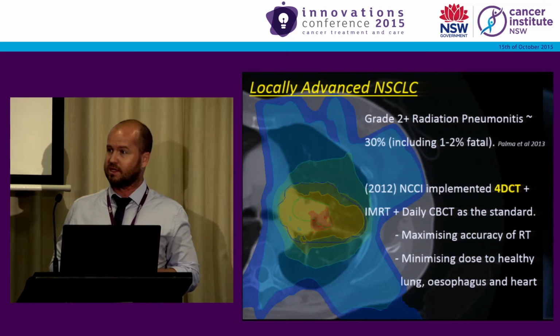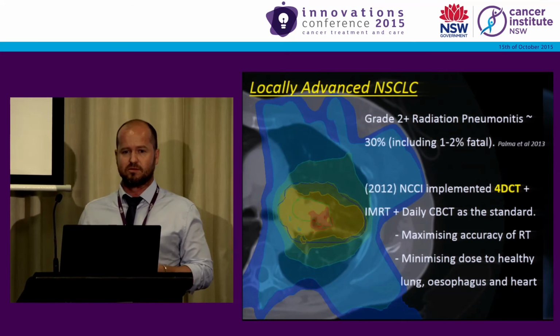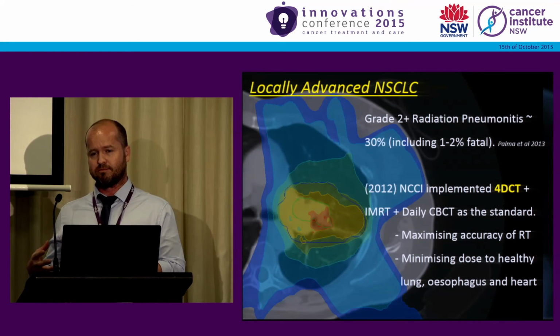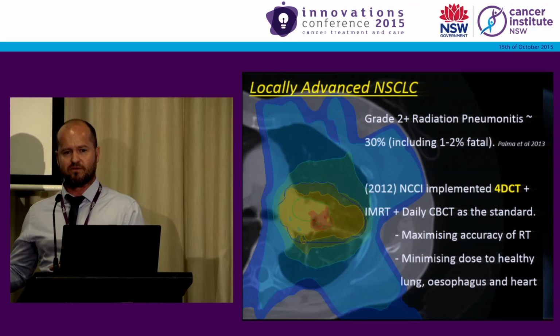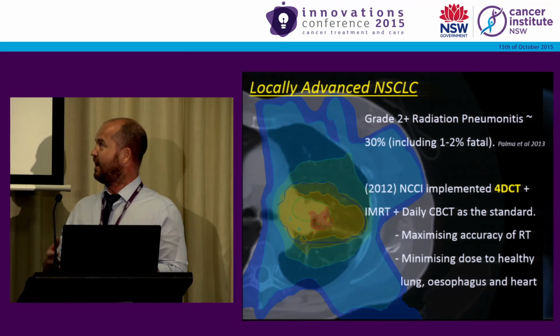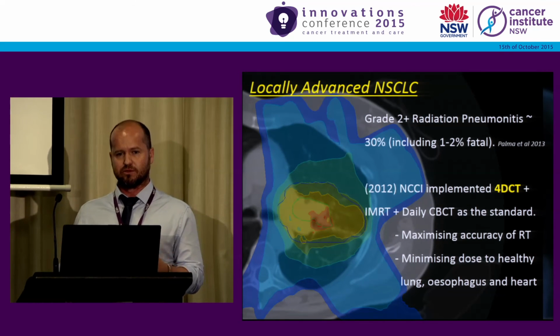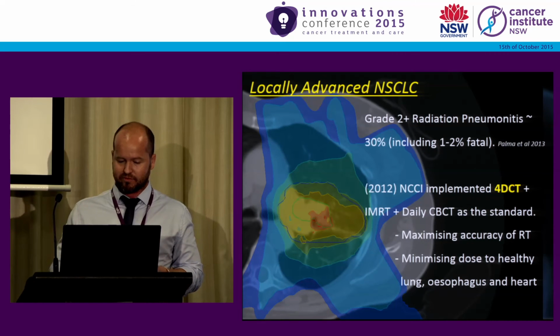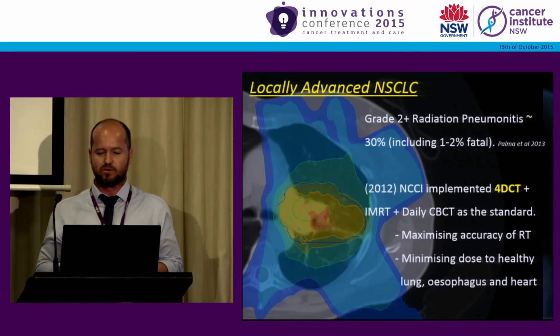And for the people receiving conventional dose regimens, our department made a decision a few years back to implement IMRT and daily cone beam IGRT to complement those benefits we saw with 4D CT. The rationale for that was basically to reduce OAR doses, in particular the lung. And in reviewing the first 30 patients we did with this,